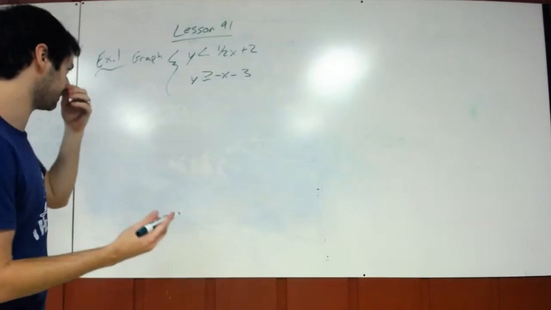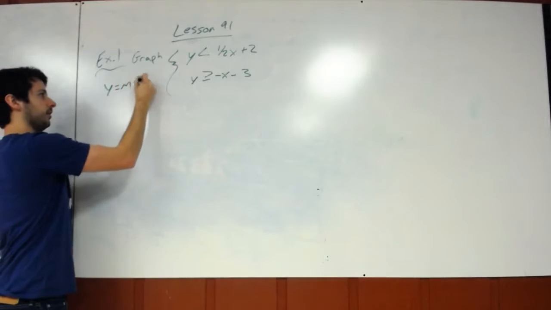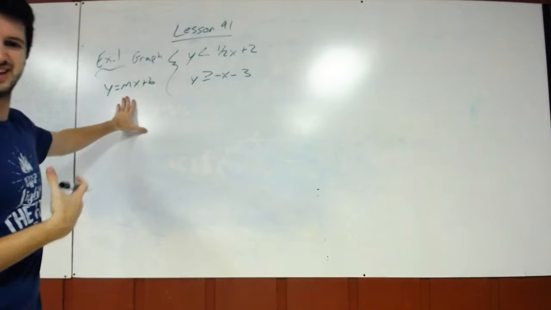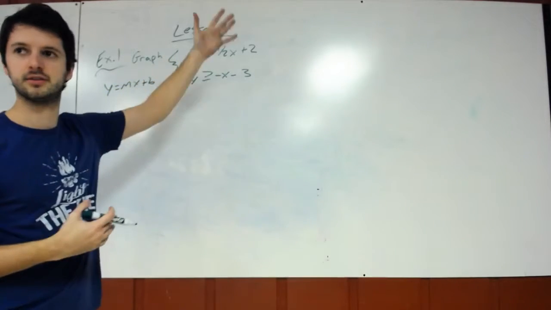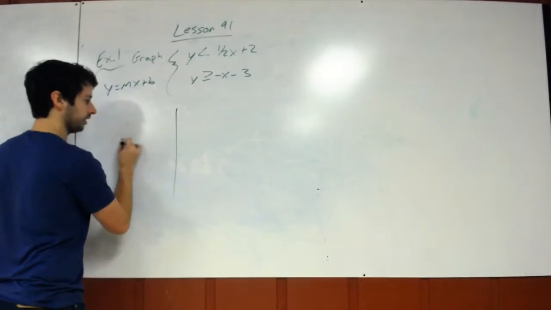So what happens, now these did us a favor, and it already put it in y equals mx plus b for us. If you didn't have it in that form, you would need to get y by itself and then get x and b solved for. So we're going to graph this,